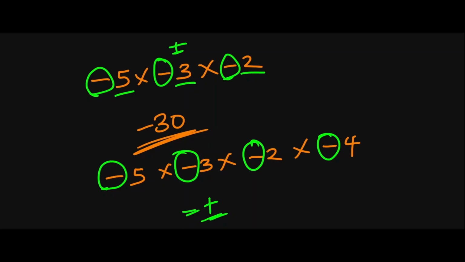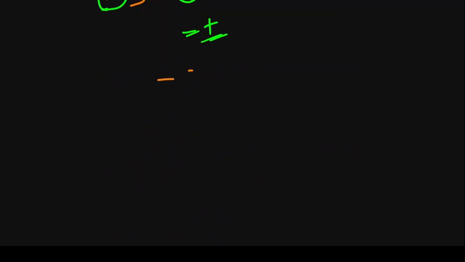So now let's take a quick example before we move on to division. If you had minus 5a times 3a, what will the answer be? Minus is already there, so minus must be in the answer. 5 times 3, 15. And there are two a's here, so it will be a raised to power 2. So this is the answer for this.